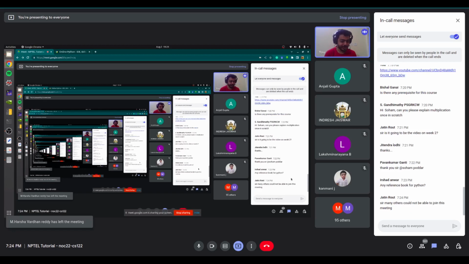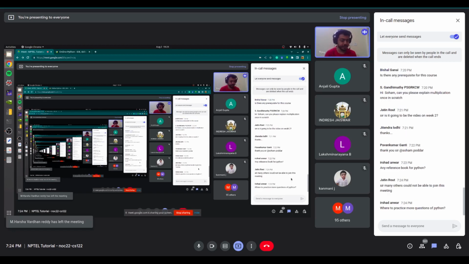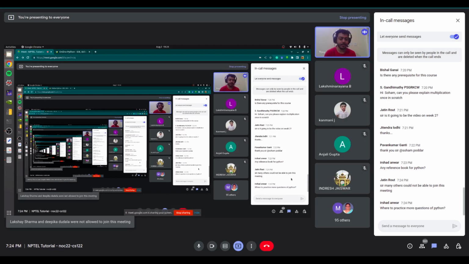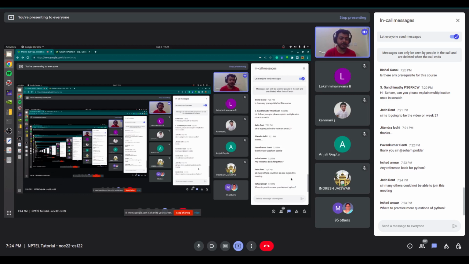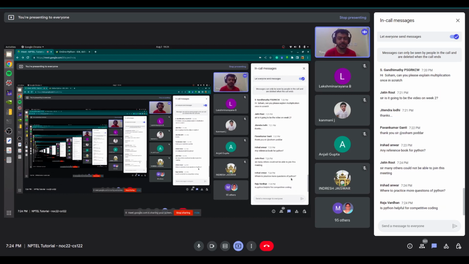Sir, many others could not join this meeting. Yes, that is actually a constraint. That's why we have 4 sessions, with 4 TAs taking sessions. Like I said in the beginning, 1 session is on Friday and 3 on Tuesday evening. You can join any one of the sessions. If you joined the Friday session, you need not join another session because we'll be discussing the same thing.